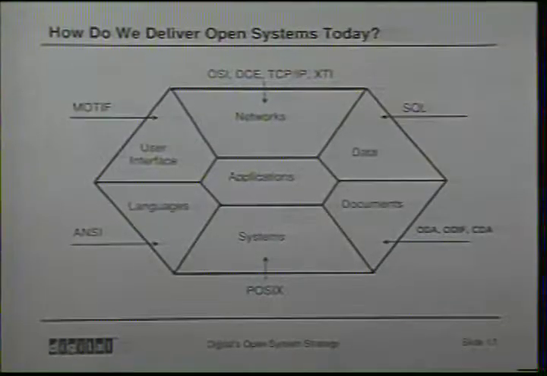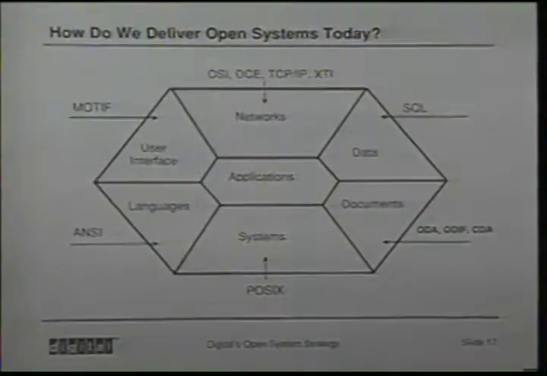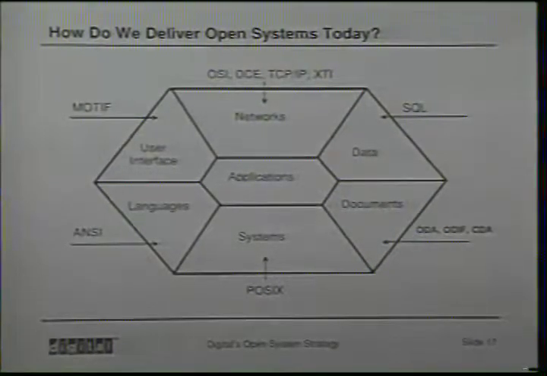We need to be able to develop ways in an application environment to not only create those and move those around, but also to assimilate data from various different sources and have them be part of one document. So in order to have a truly portable application, we don't only have to worry about the system interface, we need to worry about the other interfaces as well. And let's take a look at the standards that relate to each of those interfaces and what Digital is supplying in each of those areas. Again, looking at the hexagon and using the application as the centerpiece of the model, you can then go around the hexagon and look at each one of those standard interfaces.